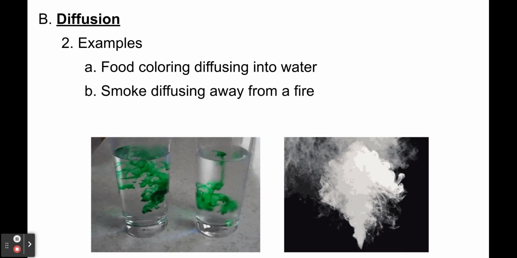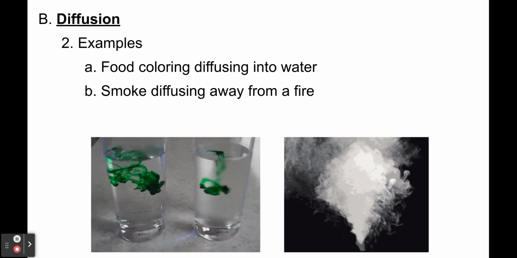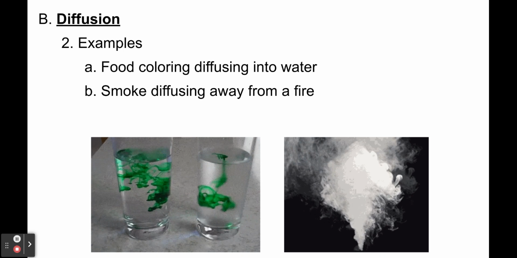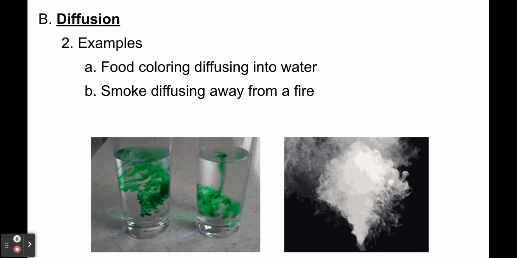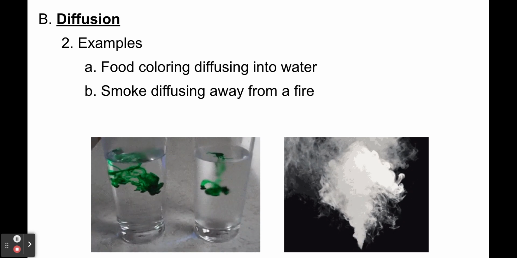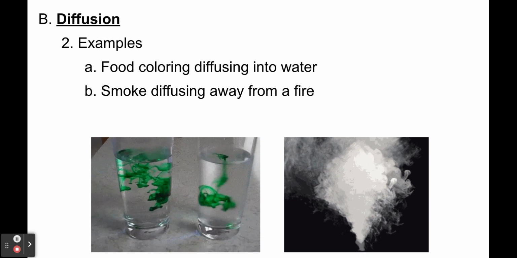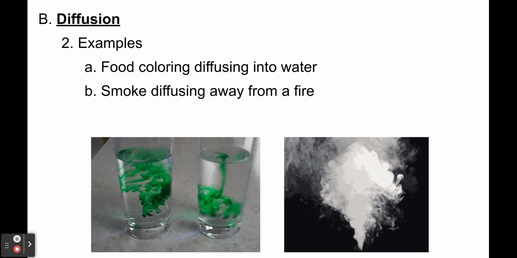Here's another example, smoke diffusing away from a fire. You know that when there's a fire happening in one location, the smoke doesn't stay right on top of that fire. Even though it's produced by that fire, it moves of its own accord without wind blowing it, without any energy being added to it. The smoke will diffuse through the air around the fire until you, standing 100 feet away, can smell the smoke